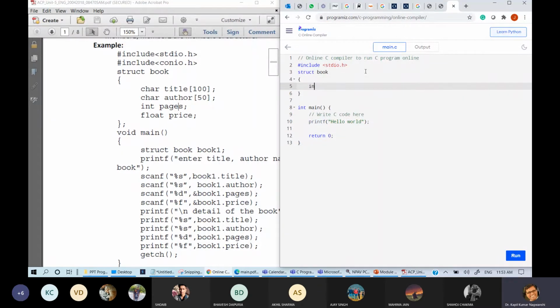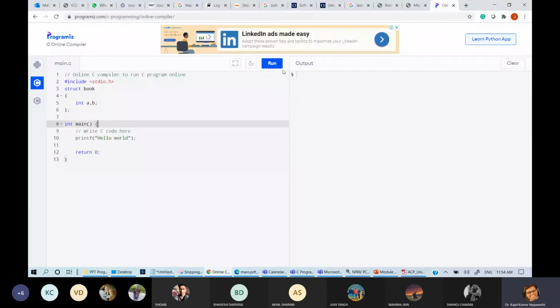Let us write some integer a comma b. Just try to see whether we are able to run this program or not. Full screen the program and run the program. Hello world.